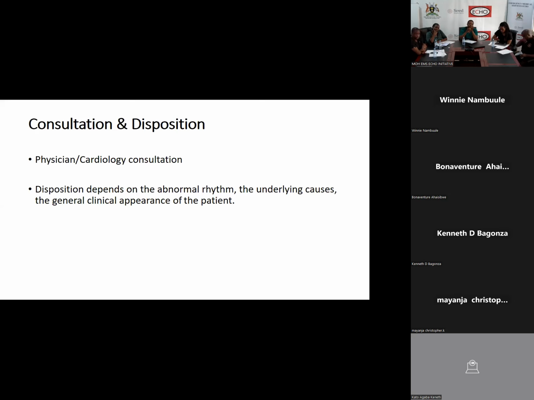So for example, if a patient comes in with SVT and you have investigated them for the most likely causes and they're a young person, you can safely send them home after having them be assessed by somebody within the emergency unit. However, if a patient is older, they have a number of comorbidities, they are taking a number of drugs, these are people you might need to admit for them to be worked up appropriately. So disposition will depend on a number of clinical factors as well as patient factors. Whether to admit on a general ward or in the ICU will also depend on the general clinical status